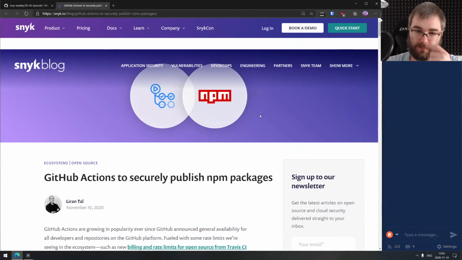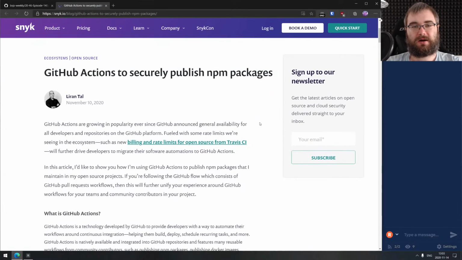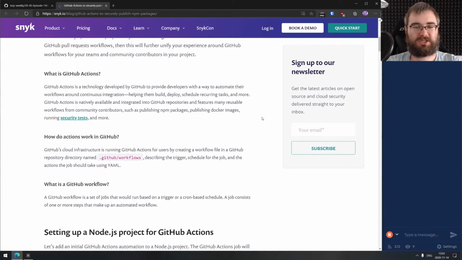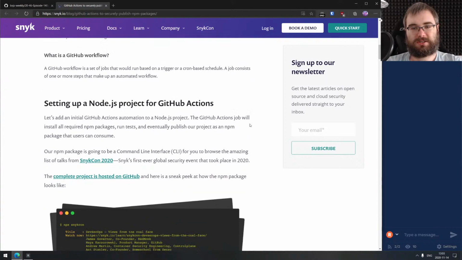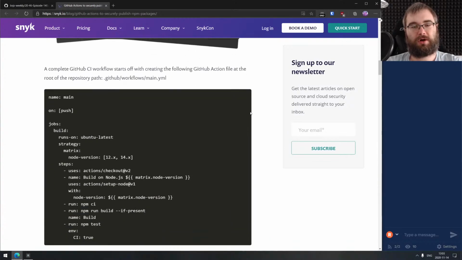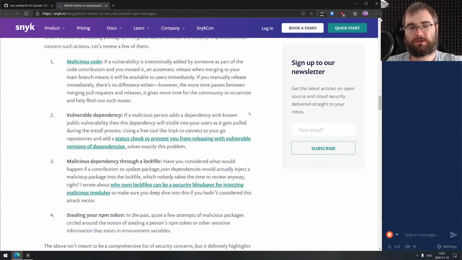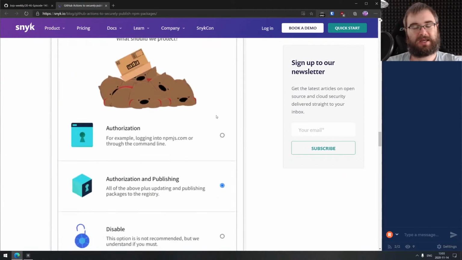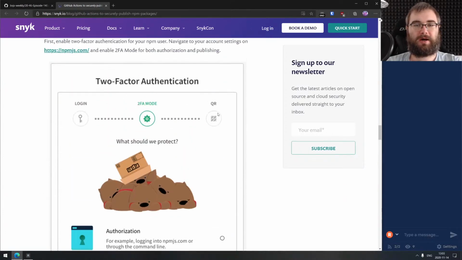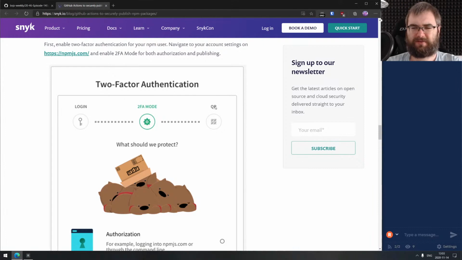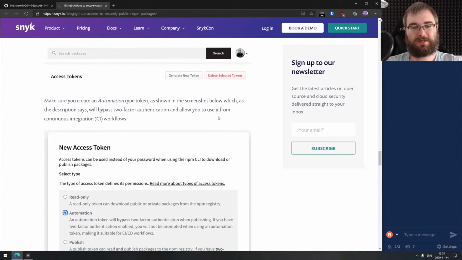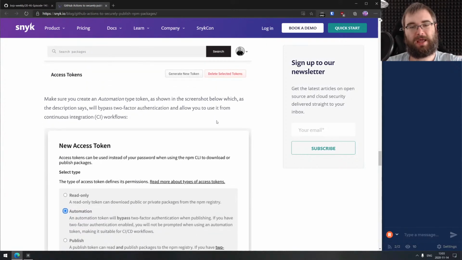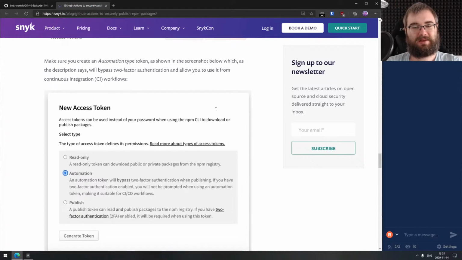So there you go. Okay, last thing we got here is the article titled GitHub Actions to Securely Publish NPM Packages. And just as it sounds, it's basically talking about setting up your Node.js project that uses GitHub Actions to publish your NPM package to NPM while also using two-factor authentication and all that kind of stuff. If you didn't know, NPM finally recently, I think it was like a month ago or something, added a way to generate specific CI tokens while you have 2FA enabled, so that you don't have basically any risk of